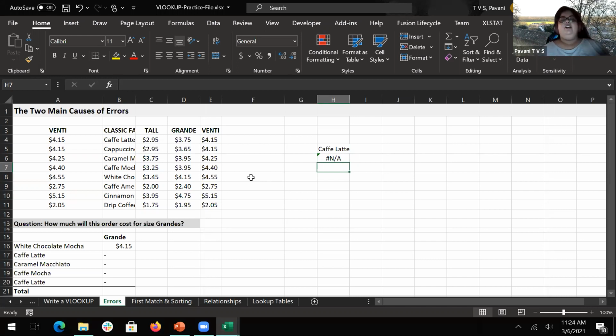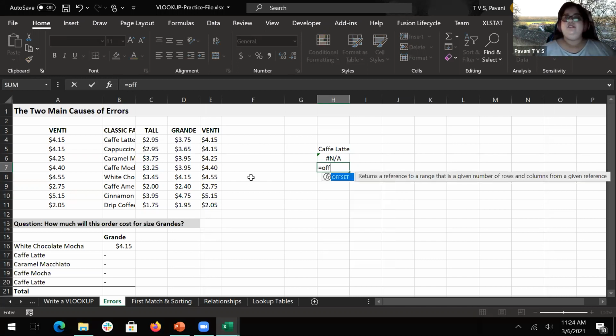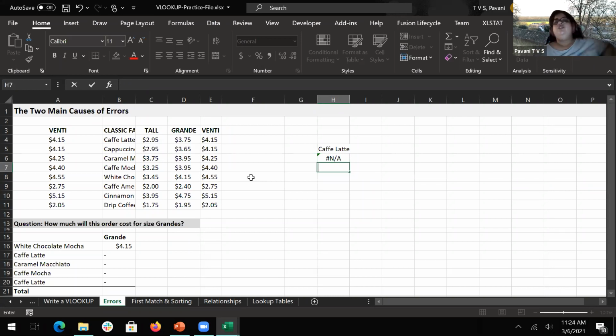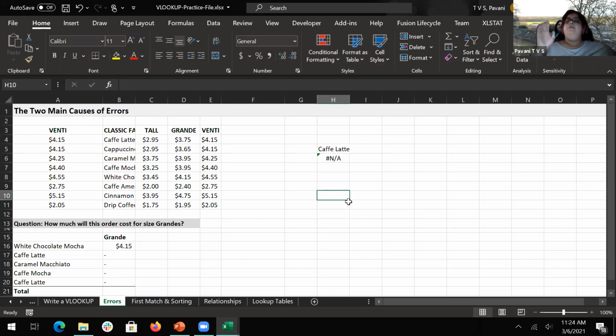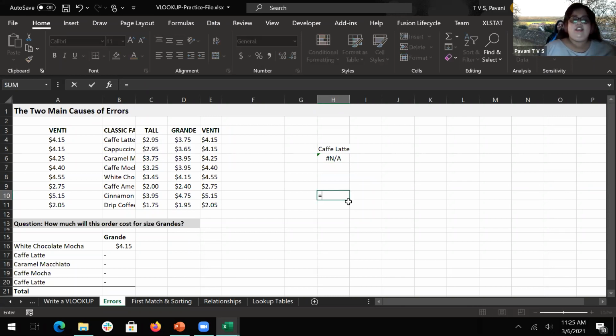So usually for these kind of things, there is one more function called OFFSET, and that is a bit of jalebi kind of information, because it requires reference, rows, columns, height, width. It's too complicated to understand in a simple language. So I don't want you to bother about this. But there was a new function which was introduced by Microsoft, that is called XLOOKUP.